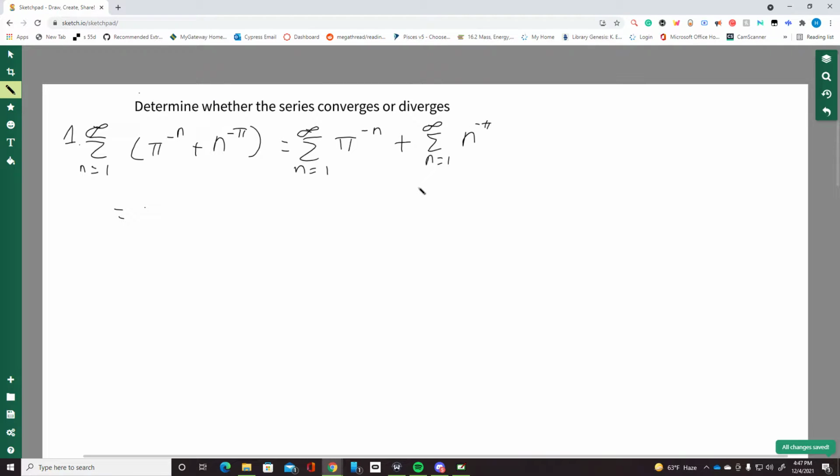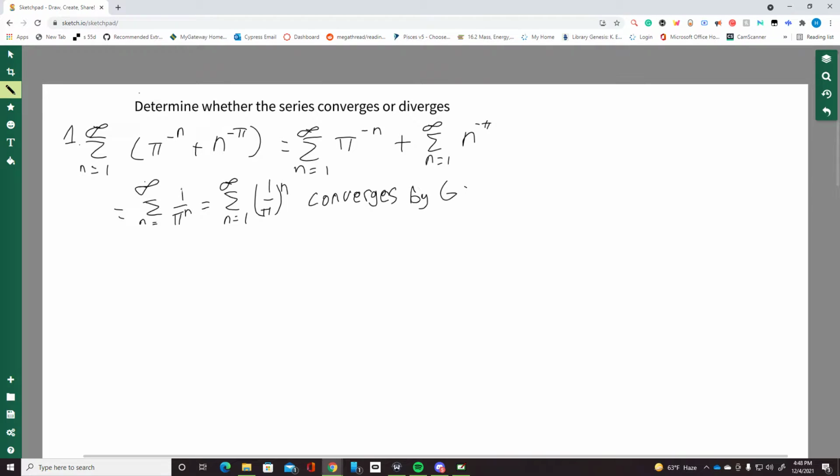So this is pretty much the same as the series of 1 over pi to the n. Now, what can we do with this? We can use the geometric series test. This is the same as 1 over pi to the n. And from here, we can conclude that this series converges